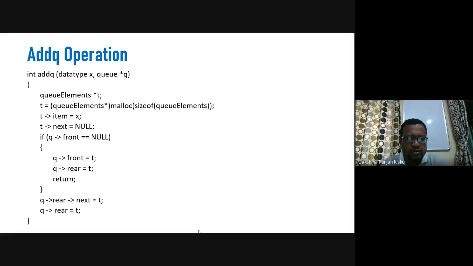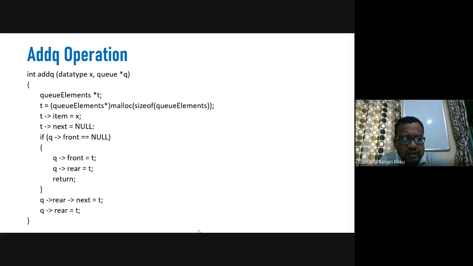So when we insert the new element, or a new node, in the linked list, we need to first allocate the memory for the new node. That is why we write t equals queue elements star malloc. This malloc function is used to allocate a memory space for the new node. Now this new node will be pointed to by t. Here t item is assigned x.